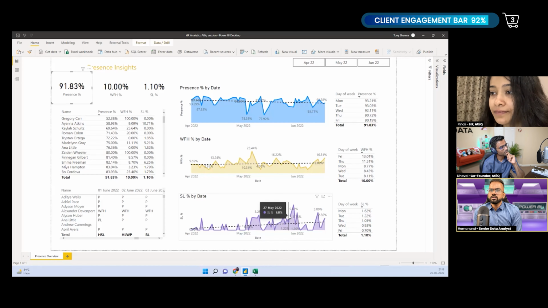That's called row level security and even object level security. There is an option there in Power BI. We can do that. There is a better option, because if you create this dashboard and people are seeing blank space here, it doesn't look correct. It looks patchy. So what I would recommend is to publish this dashboard for the management level people and